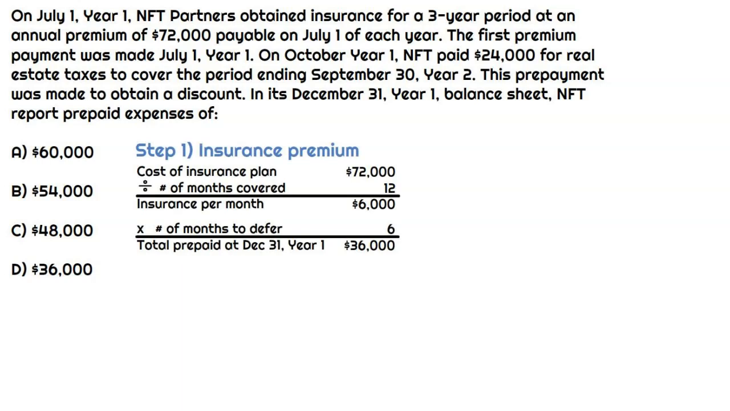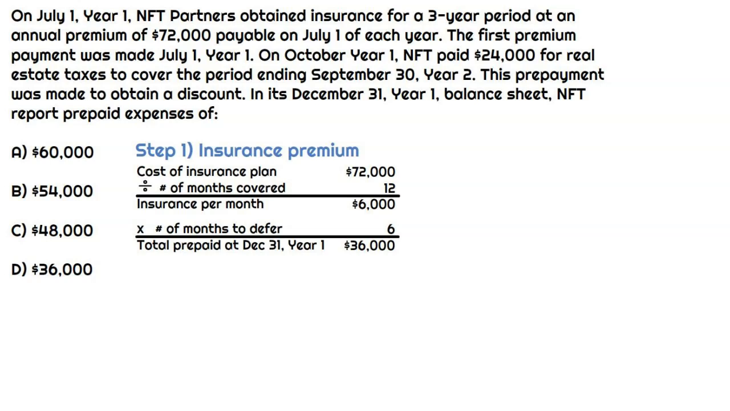So let's start with the insurance premium. It says they paid $72,000 annually and the payment was made on July 1st, right? It covers the period of July 1st, year one, to June 30th, year two. Well, that's a full 12 months, and our cutoff date or period end date is December 31st, year one. So 6 months of that premium payment actually relates to year two, and that would be a prepaid expense balance on the balance sheet. And so we can figure that out by taking the total cost of the insurance plan, which was $72,000, divided by the number of months covered, which is 12,